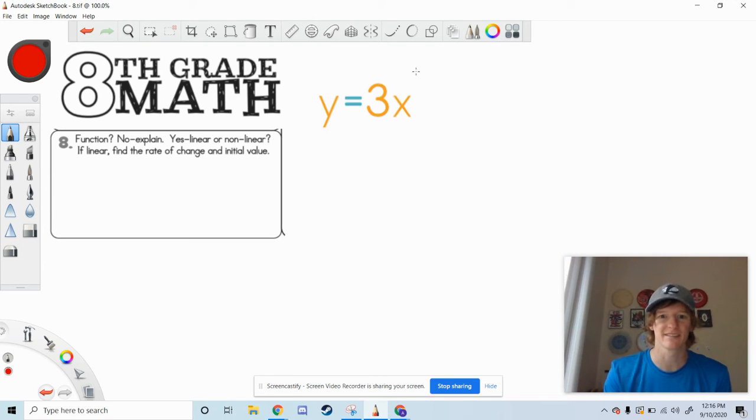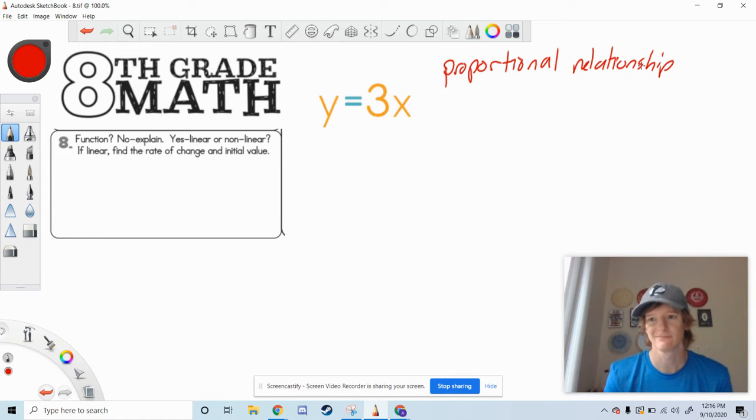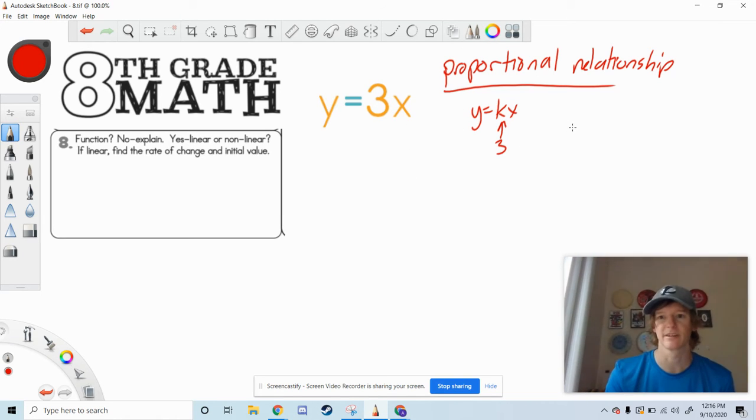You may recognize this as a proportion or a proportional relationship. It's in the form y equals kx, and k here is 3. So for whatever value x is, y is 3 times larger than that. So we'd have some points. Let's say if